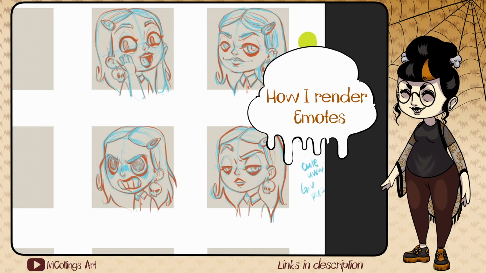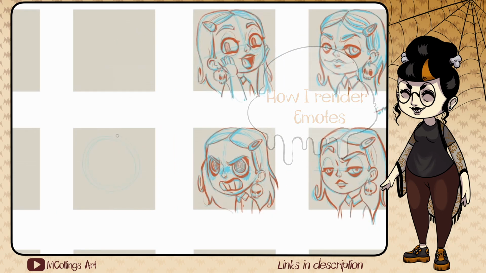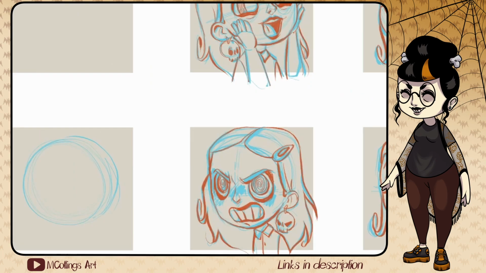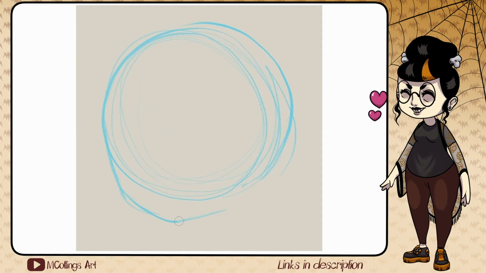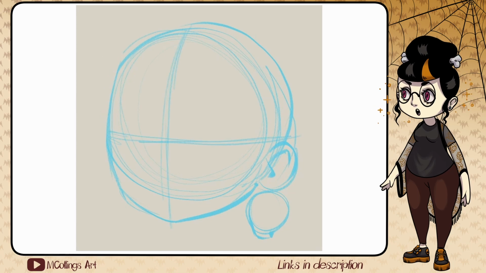Today I thought I'd go through how I render emotes for Twitch, Discord, and YouTube Live. I've been making emotes for my own Twitch channel and for other people's Twitch channels, as well as my Etsy shop for about a year now. And I've come across a couple of things that really help them stand out and make a really good impression